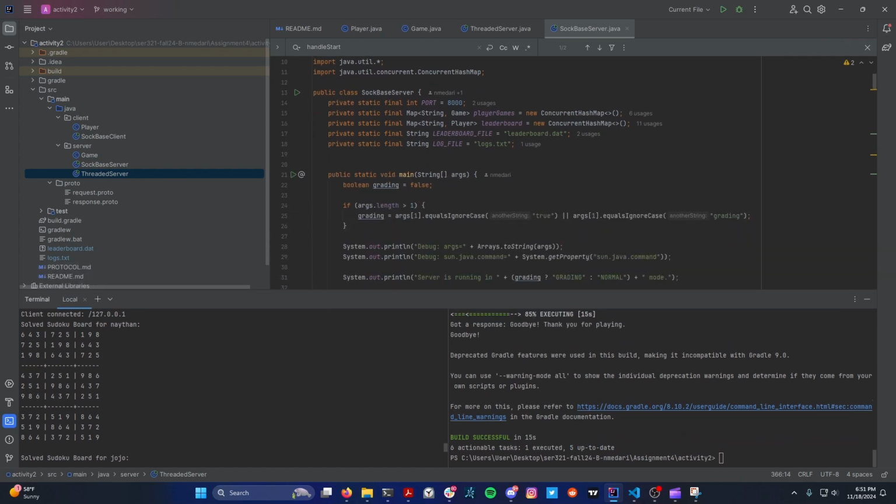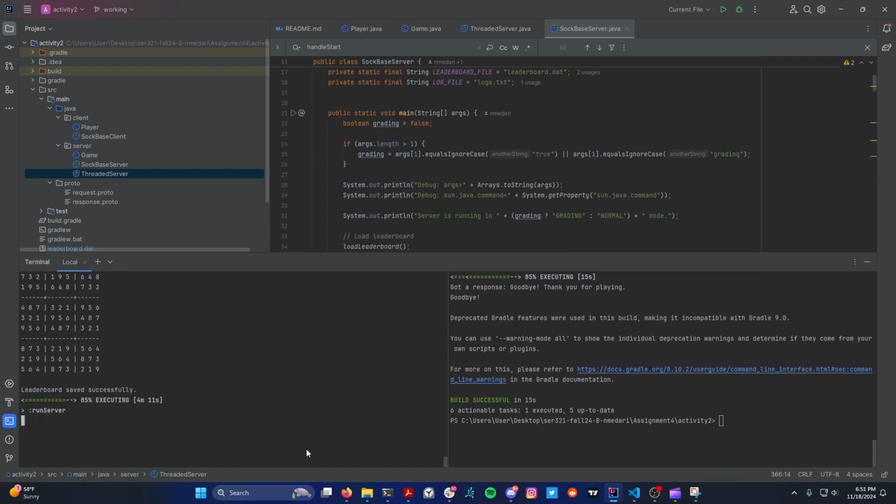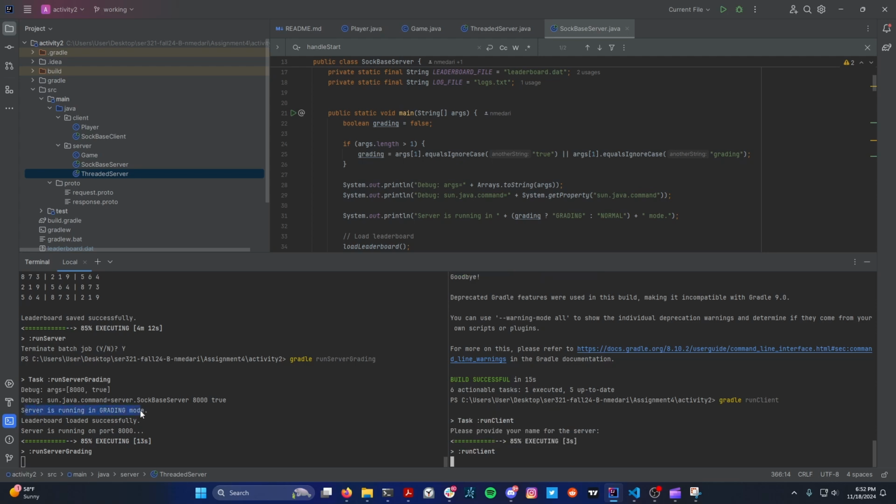So multiple people could join, and they could run Sudoku at the same time, and then we'll check out the gradle run server grading. So this will run the grading version, which is the default board. So we're going to connect with a client onto the, as you can see here, server in grading mode,